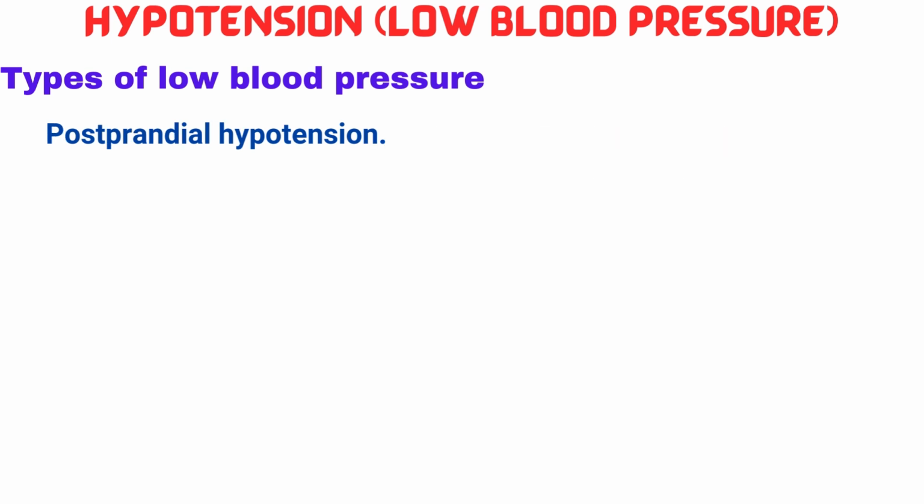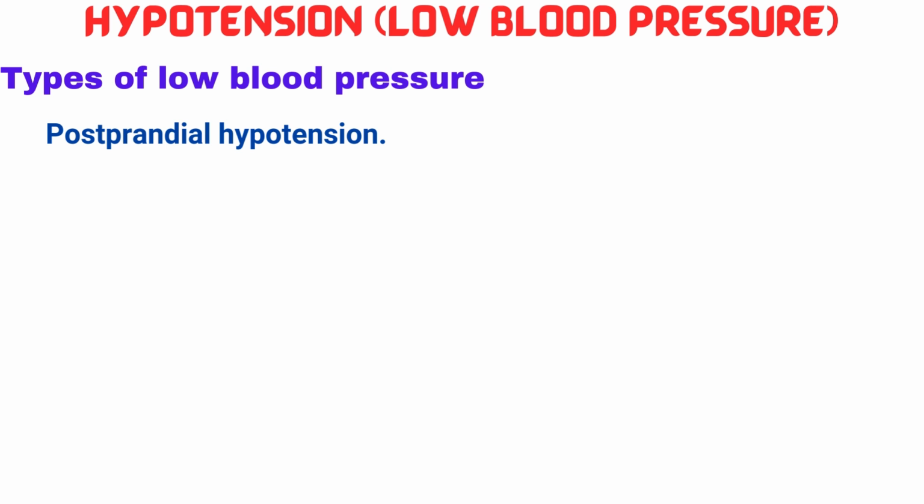Next type is postprandial hypotension. This drop in blood pressure occurs 1 to 2 hours after eating. It is thought to be caused by blood pooling into the vessels of the stomach and intestine for digestion. It tends to happen after large meals containing lots of carbohydrates. It is most common in older people with high blood pressure or nervous system conditions like Parkinson's disease or other conditions that affect the part of the nervous system that controls autonomic functions such as breathing and heart rate. Certain lifestyle changes might help ease symptoms of postprandial hypotension, like eating small, low carbohydrate meals, drinking more water, and